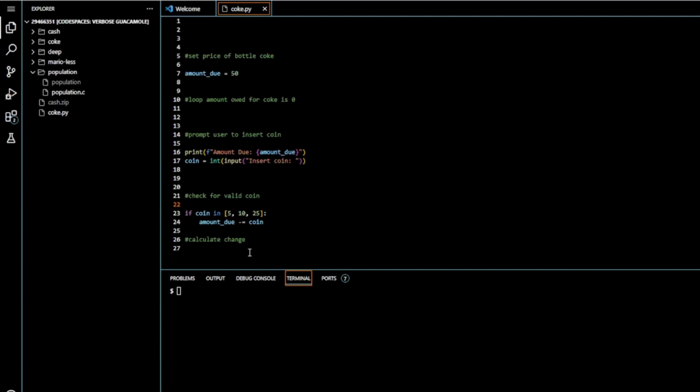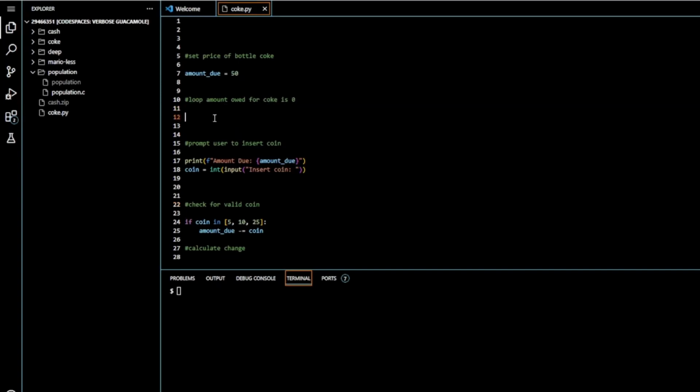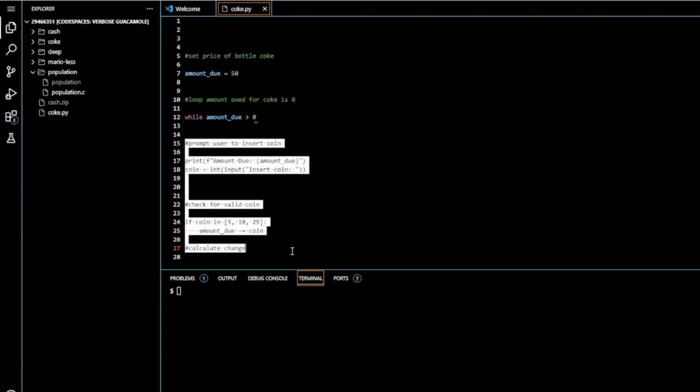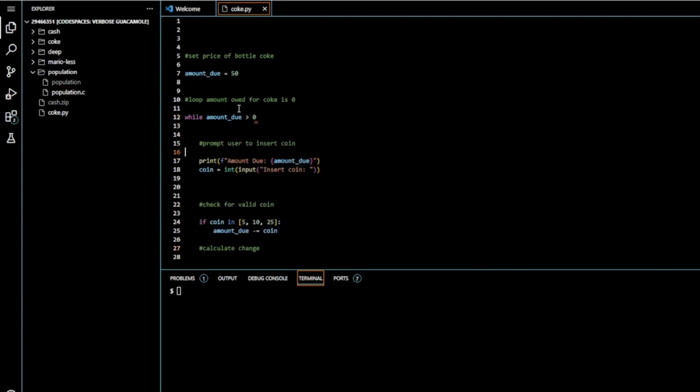So now I want to keep it looping. So remember up here, loop amount owed for Coke until it's 0. Okay, so for this we'll use a while loop. While amount due is bigger than 0. Now we're going to have to indent everything else. So while amount due is bigger than 0, screen, take the input from the user,